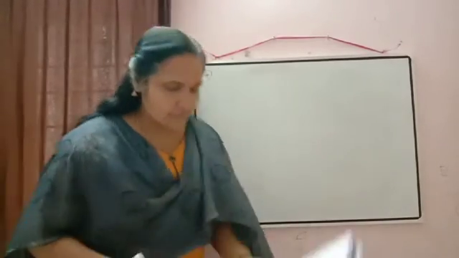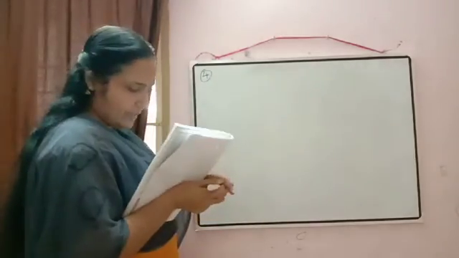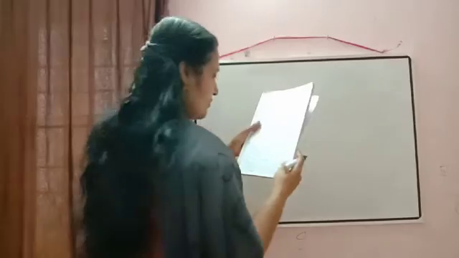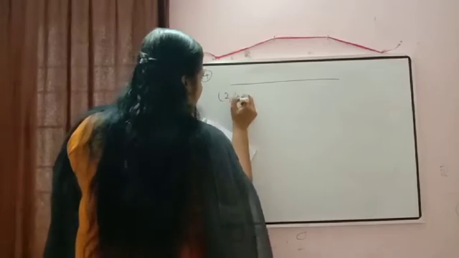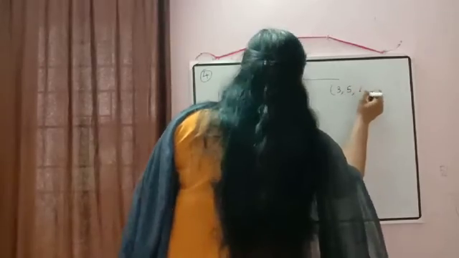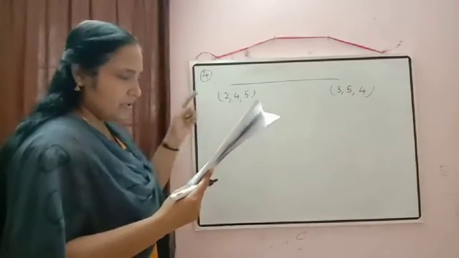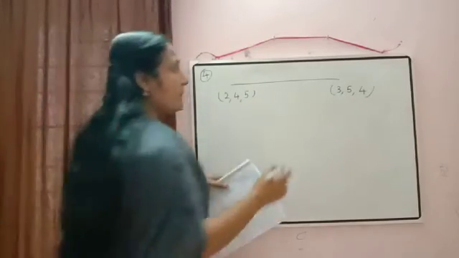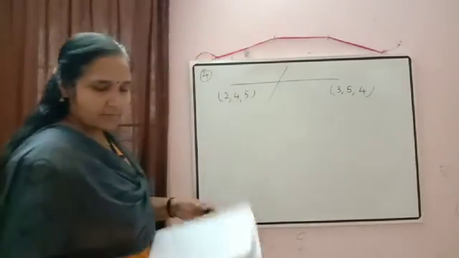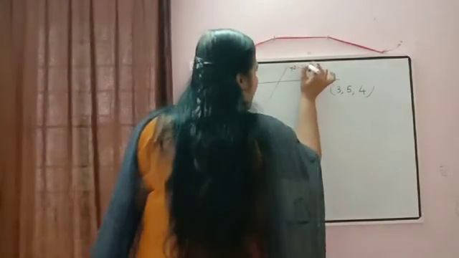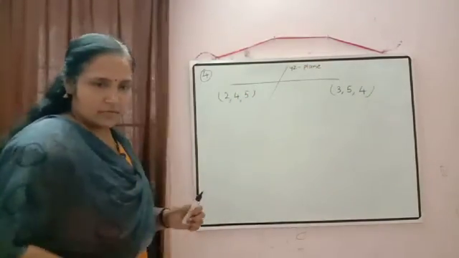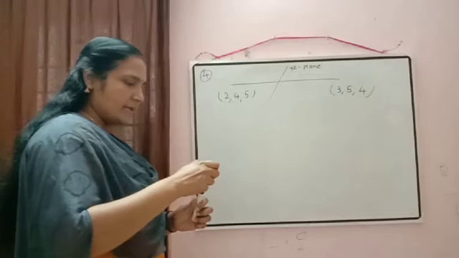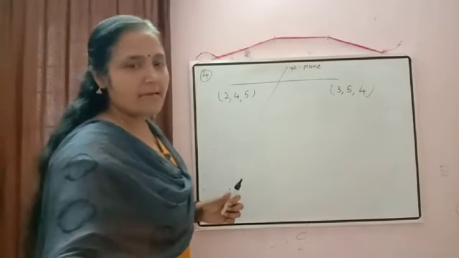Now in this question it is written, find the ratio. The ratio we have to calculate. Find the ratio in which the line joining (2, 4, 5) and (3, 5, 4) is divided by the YZ plane. Okay. So it is divided by a point in the YZ plane there. So now only one piece of information is given, that the point is in the YZ plane there.